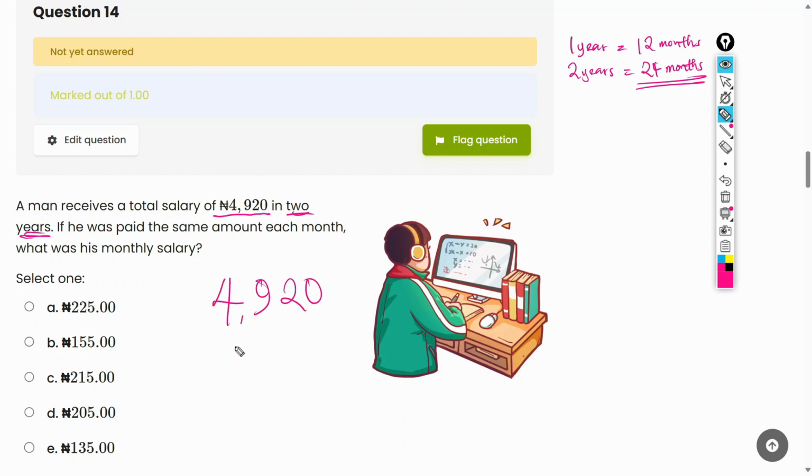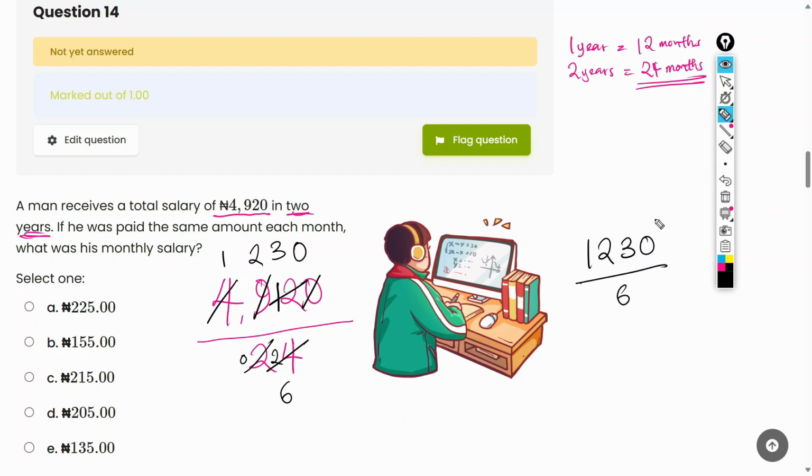4,920 divided by 24 months to give us how much he was paid each month. Let's divide by 4. 4 into 2 is 0, carry 2. 4 into 24 is 6. 4 into 4 is 1. 4 into 9 is 2, remember 1. 12. 4 into 12 is 3. 4 into 0 is 0. So that's